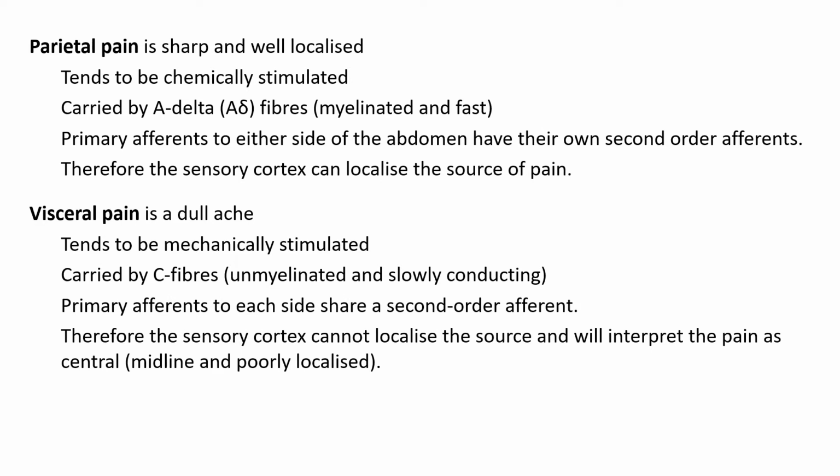Another difference here is that the primary afferents on either side of the abdomen share a second order afferent. So they come round into the dorsal horn on each side and then synapse with the same second order afferent. So therefore, because of that, the sensory cortex has no idea which one transduced the pain. So it can't localize the source of the pain. So it's going to be very poorly localized,